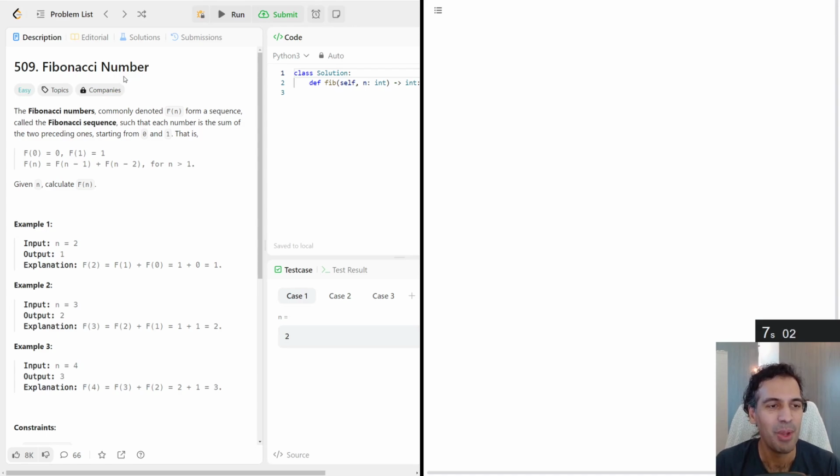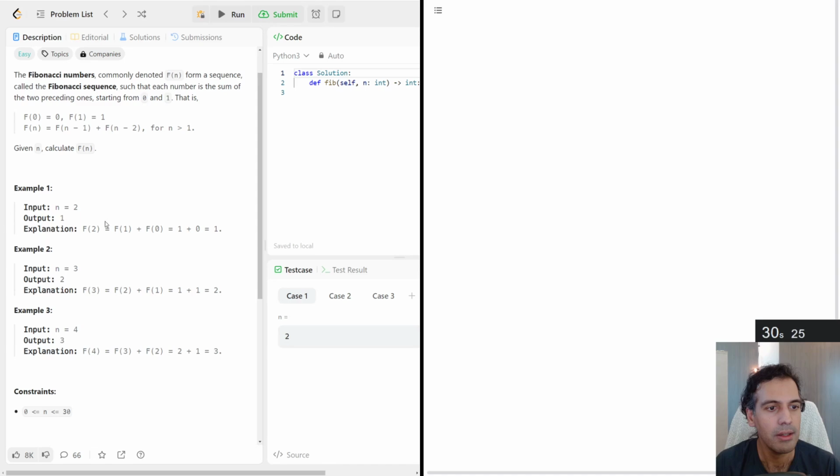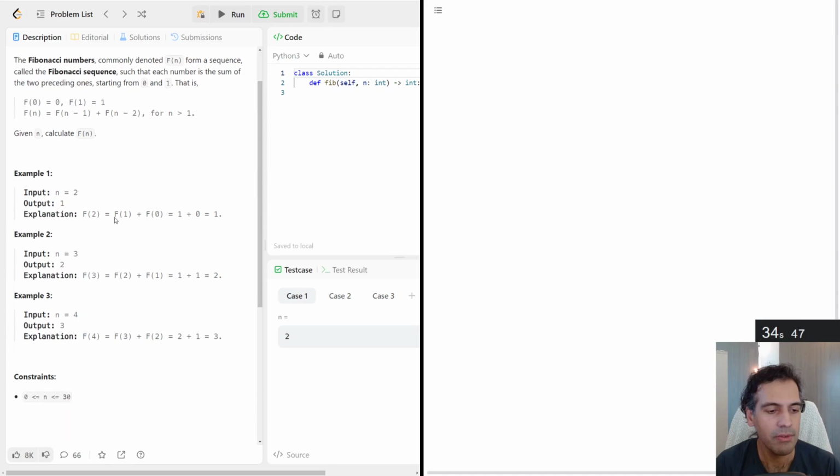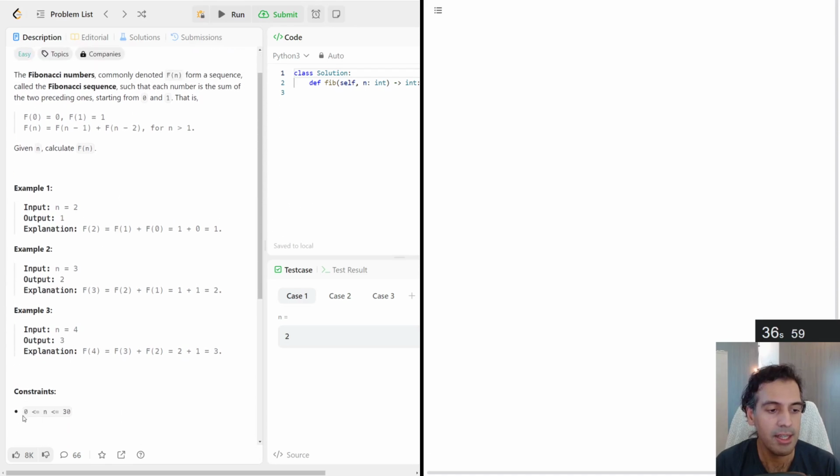All right, so the Fibonacci number, commonly denoted as f of n, forms a sequence, the Fibonacci sequence, such that each number is the sum of the two preceding ones, starting from 0 and 1. That is, f of 0 is 0, f of 1 is 1, those are given, and then from then on, the next one is the sum of the previous two, for all n greater than 1. Cool. And they just want us to solve for this,